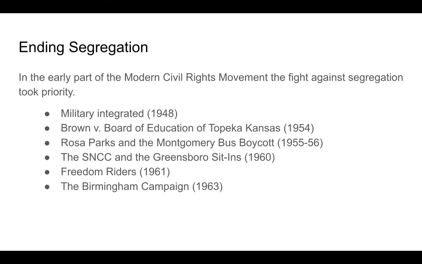A very famous court case, 1954. It's the first court case of the Warren Court. Brown versus Board of Education says that separate schools, when it's based on race, are inherently unequal. And Brown versus Board of Education is going to begin the process of forcing the integration of public schools. We're going to talk about this more tomorrow.